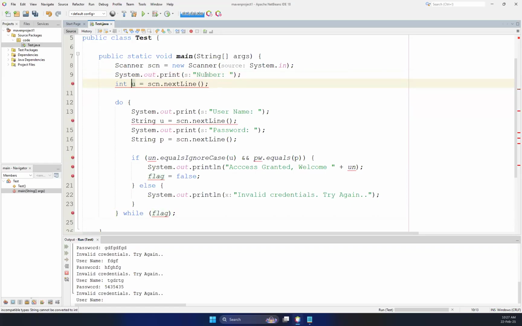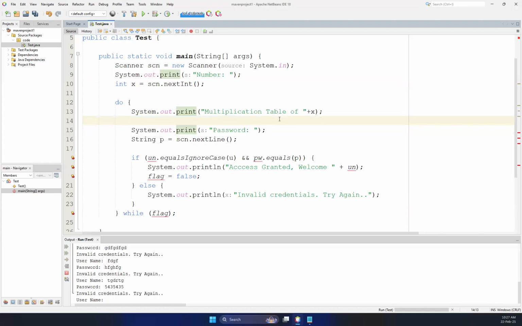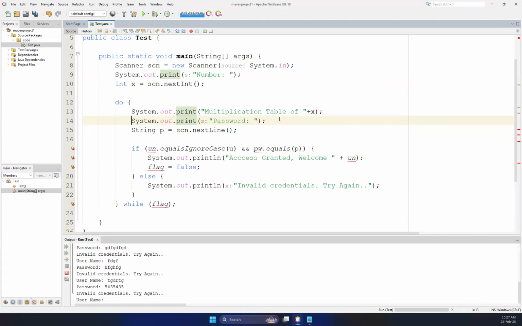The integer x equals scanner dot nextInt, and then we can display the multiplication table of x, and then you can print x multiplied by